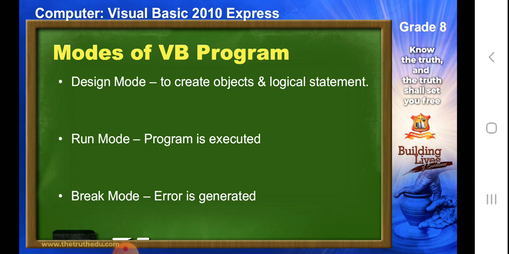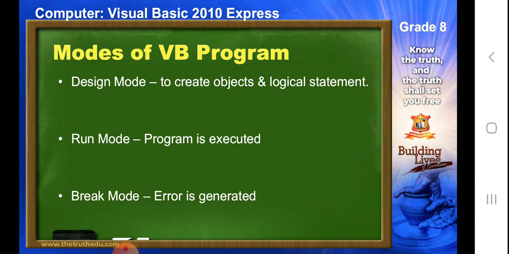Next comes the run mode. In run mode, statements are written by the programmer and executed by the end user. We will be learning later in this chapter how many ways we can run a program. When I have created the application, how am I going to test it? How will I know whether my app is working properly? To do that, I click on the run option. Whenever I click on the run option, my program gets executed and I will come to know whether my program is functioning well or not.